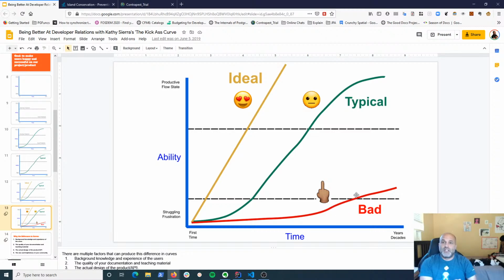And if you think about developers, especially for myself and when I talk to most developers, they're very task-oriented and they like to do stuff. And the easier you make it for them to do the thing they want to do, the more they like you and the faster they get up this curve. And so you can do some of this with really good API design or really good interface design. But if it's a developer product, developers are going to write and customize and write their own code. And so you really need to help to teach them how to do that. All right, that's the background on the kick-ass curve, and that's all we're going to talk about it for today.